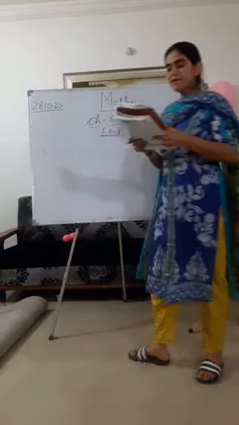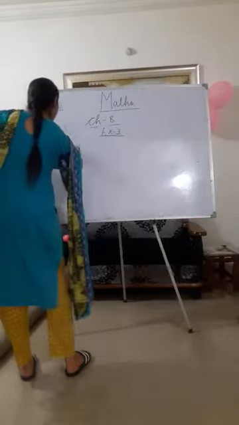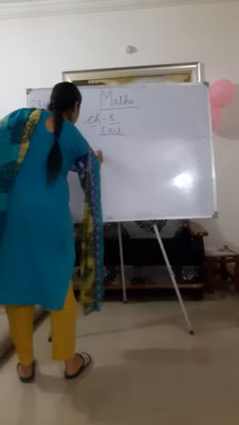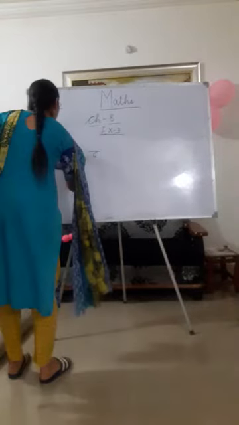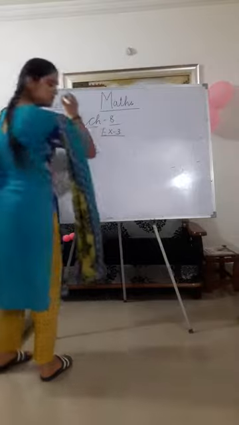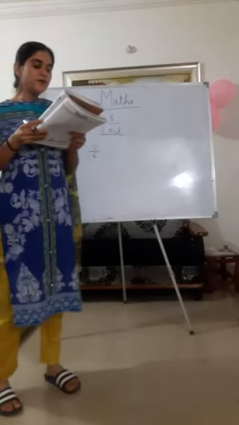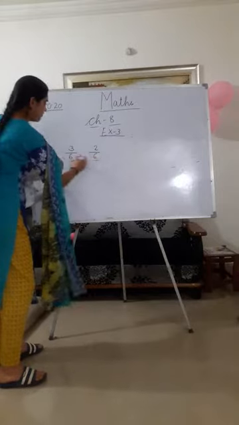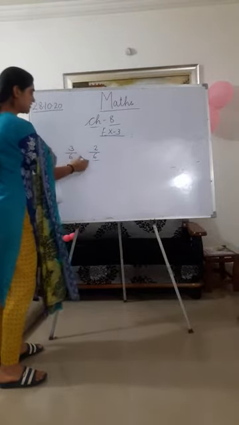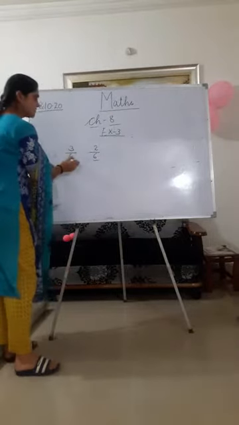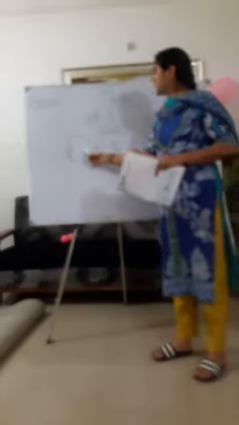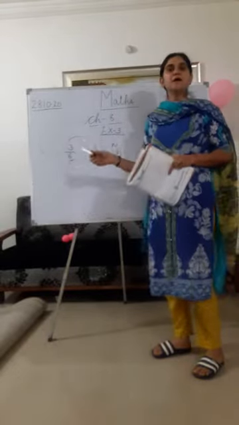So rule 1, when the denominators are same, suppose denominators are given 6 in both the fractions and here numerator is 3 and here numerator is 2. So according to our first rule, in both the fractions, here it is 6 and here it is also 6. So if the denominators are same, we have to compare the numerators. Okay, this is numerator and this is denominator. So denominators are same, 6 and 6, then we will compare the numerator.